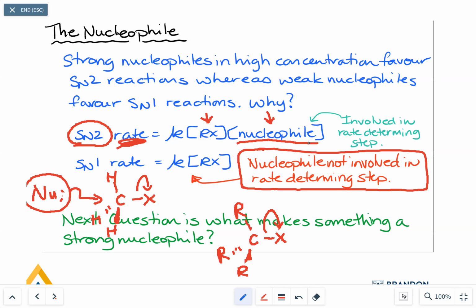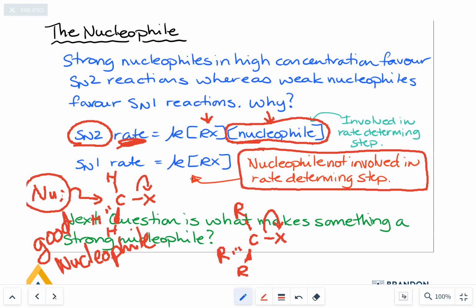So an SN2 reaction is going to be promoted by using a good nucleophile. Whereas an SN1 reaction is going to be promoted if you use an extremely poor nucleophile, because it's not involved in the rate determining step. If you've got a really good nucleophile, and you're trying to do an SN1 reaction for whatever reason,